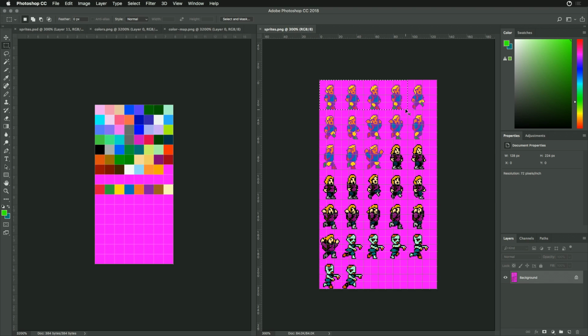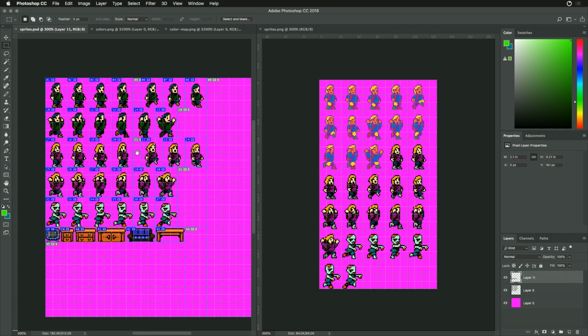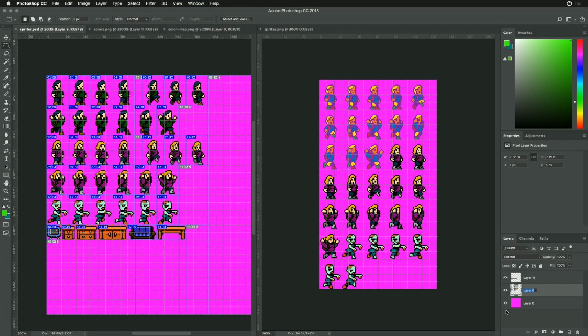So let's copy out the first frames of animation, and we're going to call this default sprites, and let's merge this together into default sprites, and then we're going to paste in this new layer,